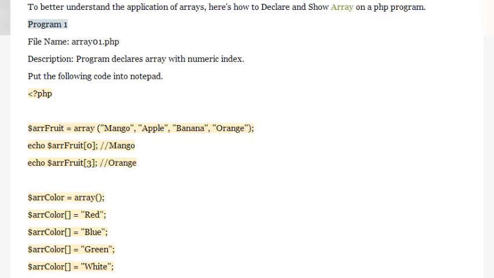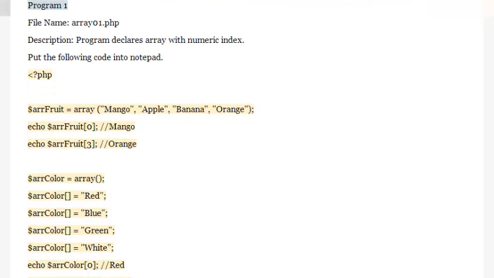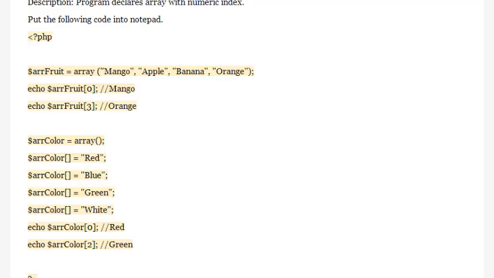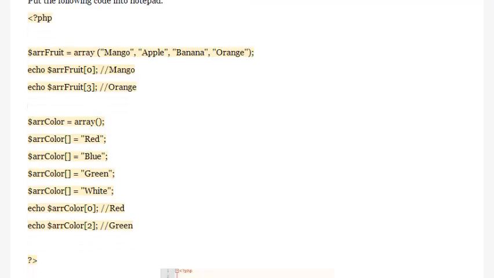Program 1. File name: array01.php. Description: the program declares an array with a numeric index. Put the following code into Notepad. <?php $fruit = array("mango", "apple", "banana", "orange"); echo $fruit[0]; // mango echo $fruit[3]; // orange